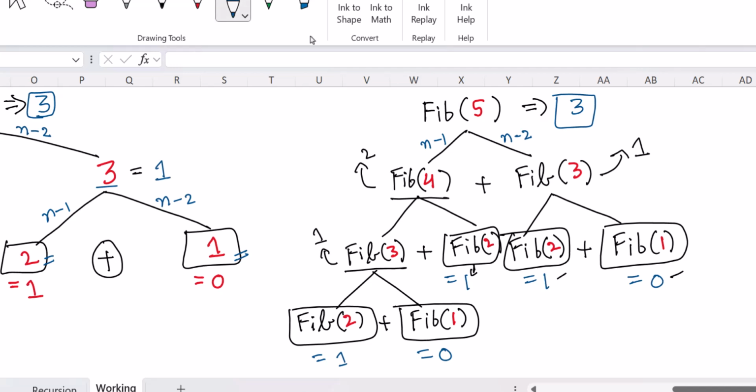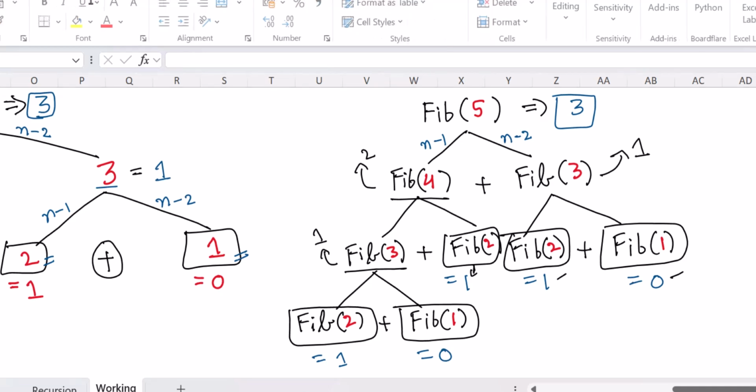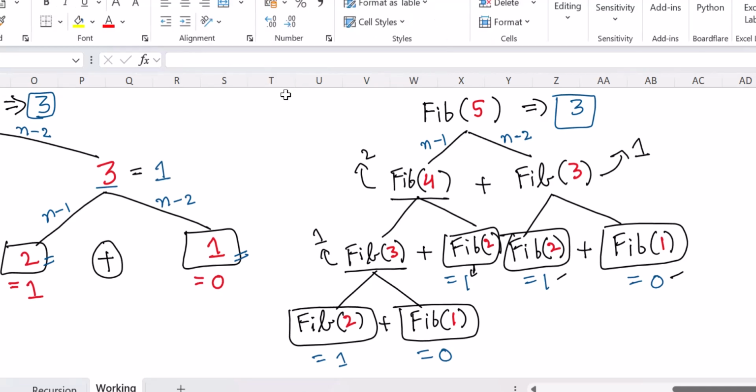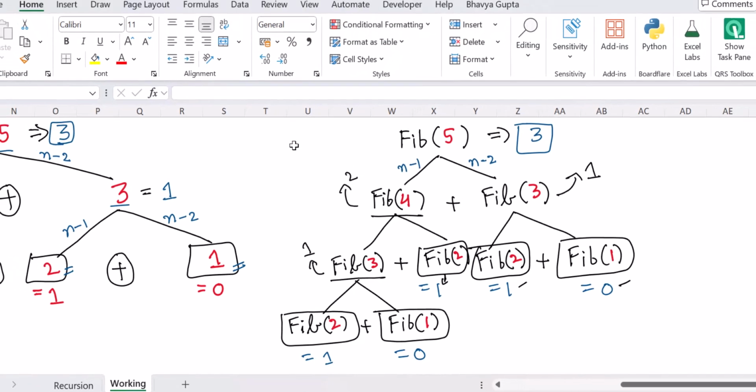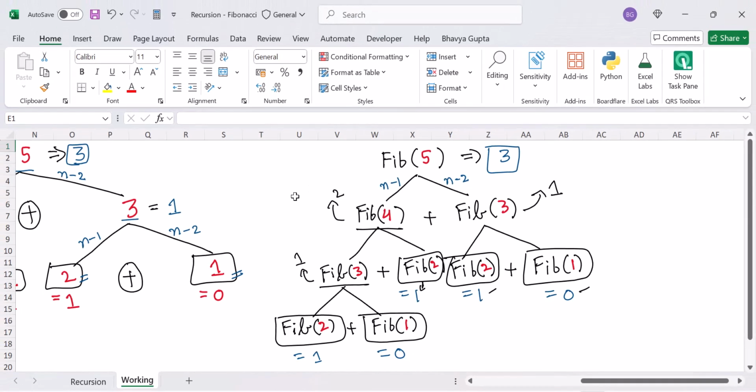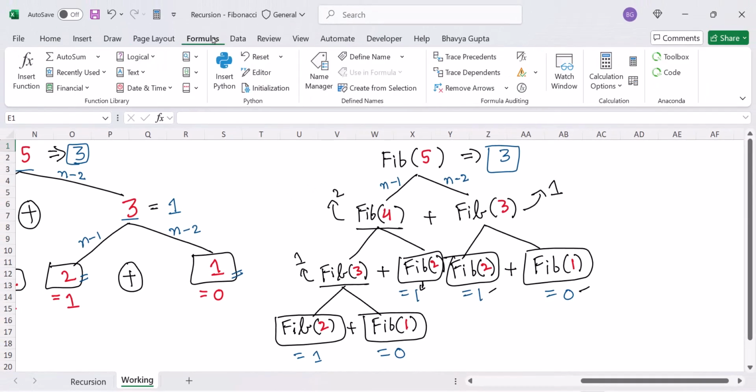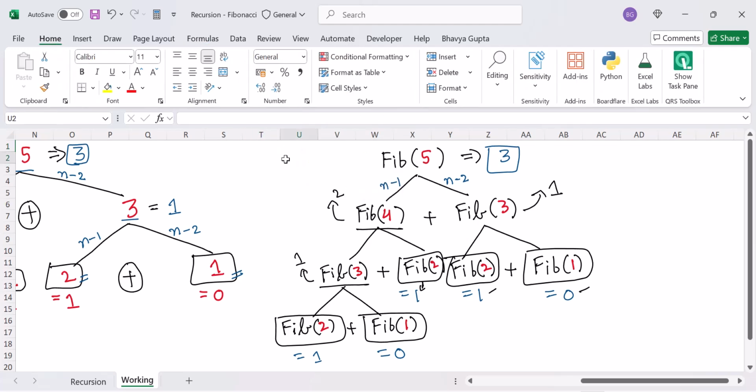So let's go and write down the lambda function for this. There are two ways to write the lambda function, actually three ways. One of the ways is to go to the formulas tab and the name manager and define our lambda. The second way is that we can use the LET function here in this cell and define our lambda function directly here. The best way to define the lambda function is by going to Excel Labs,